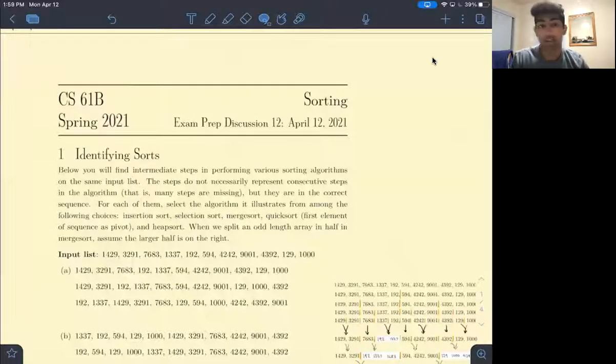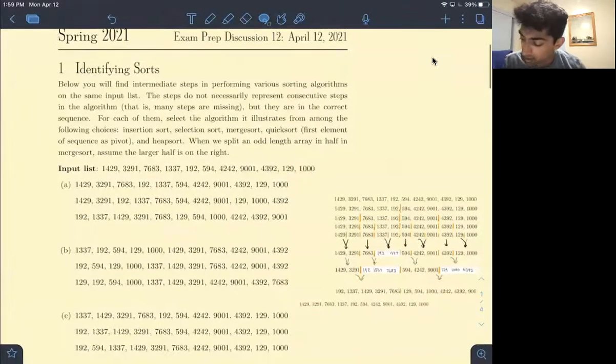Hi everyone, this is going to be a video walkthrough of problem 1, which is identifying sorts on the basic sorting exam prep worksheet number 12. Okay, let's dive in. So the prompt states, below you will find intermediate steps in performing various sorting algorithms on